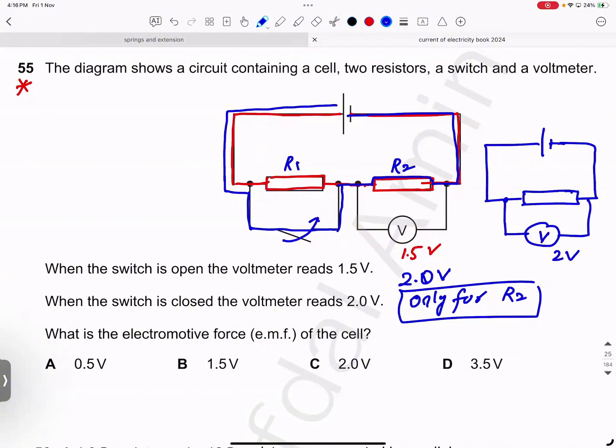So what can you say? If the 2 volt is the total voltage, so this is the battery voltage. And the battery voltage is called EMF. So the EMF of the battery will be 2 volts. Why? When you close the switch, it will ignore the resistor R1. Current will not go to